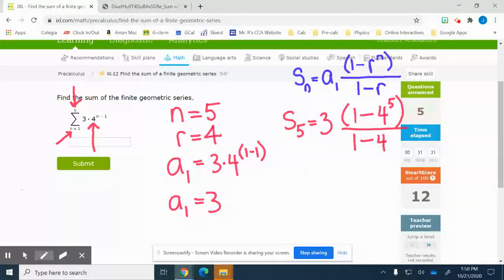So that's going to equal 3 times 1 minus 4 to the 5th power. That was 1,024, wasn't it? I'm not going to trust my memory. I don't trust my memory for anything. But it was. I was right. 1,024